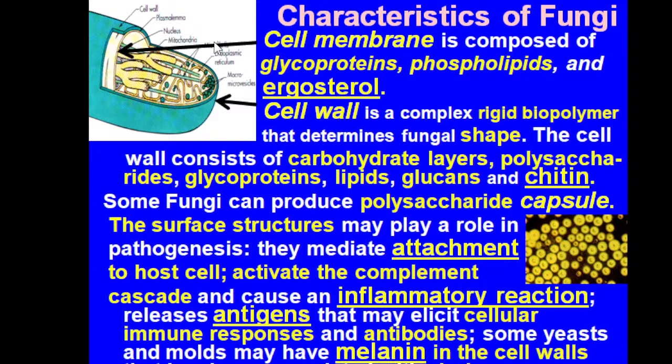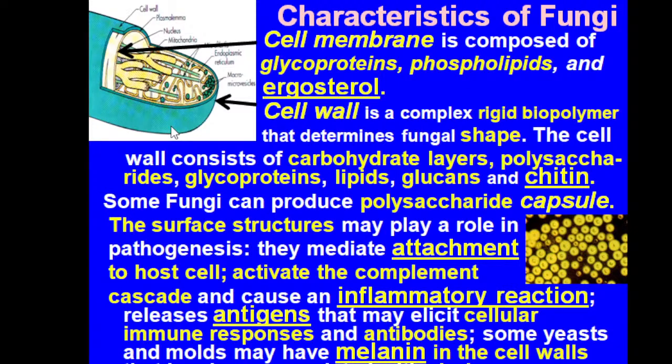And then when this system is activated, then fungi cause very strong inflammatory reaction. And also the surface structures of the fungal cells are antigenic and immunogenic. What does it mean? It means the antibodies will be produced in our body against the surface antigens of fungi, that is immunogenicity. And these antibodies will react with the surface structures of the